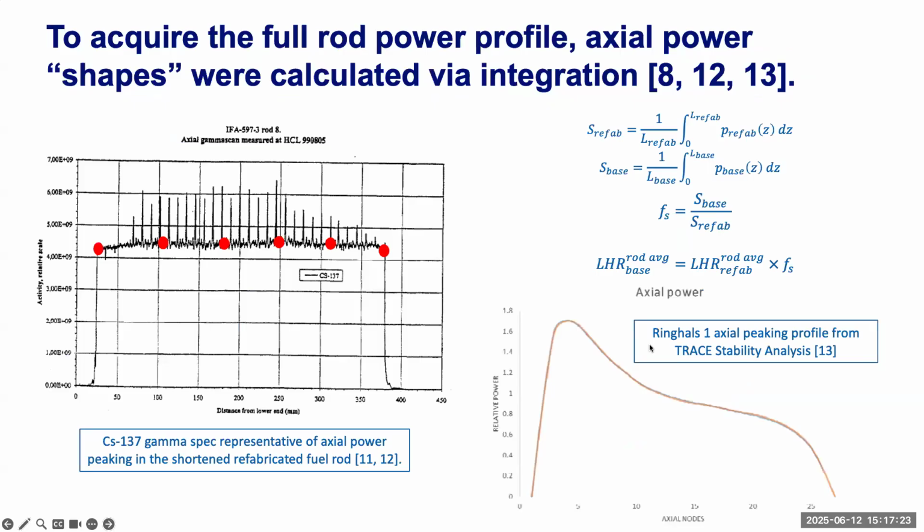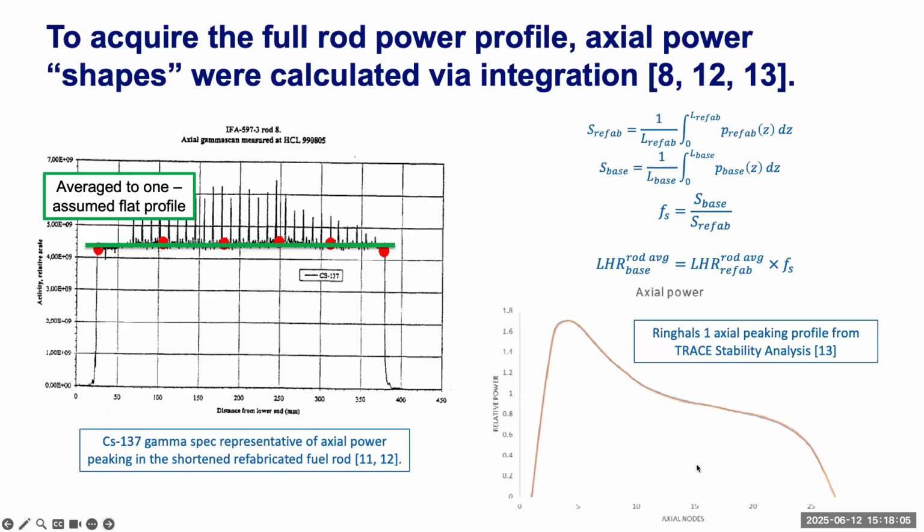And to acquire the full rod's axial peaking factors, or axial peaking power profile, I was able to piece that together using some axial gamma scans of the fuel. So here you can see these points that average out to 1. So I was able to assume a flat profile for the shorter fuel rod that was already modeled in the repo, the refabricated rod, and for the longer fuel rod, I was able to take a peaking profile from another document,